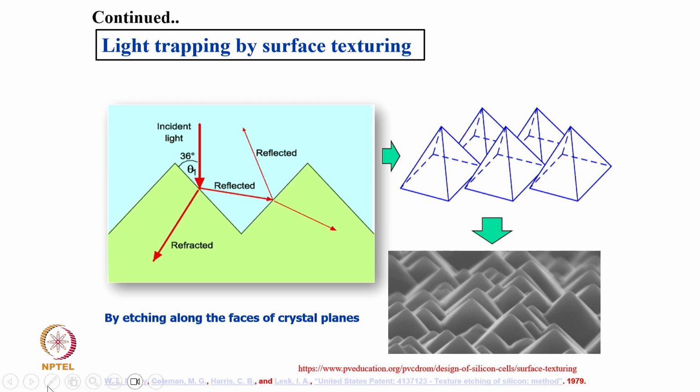So you can see that when light falls here and then it gets refracted here, it goes inside the medium, and then again there is another part which gets reflected in this path, and then finally it is reflected and some light is trapped. So what we have essentially done here, we have made a structure. So what is the importance of this structure? And when we make this structure, this is called texturing of the surface.